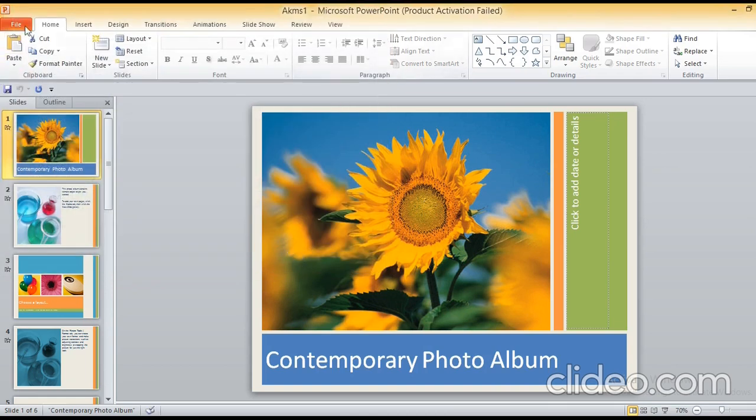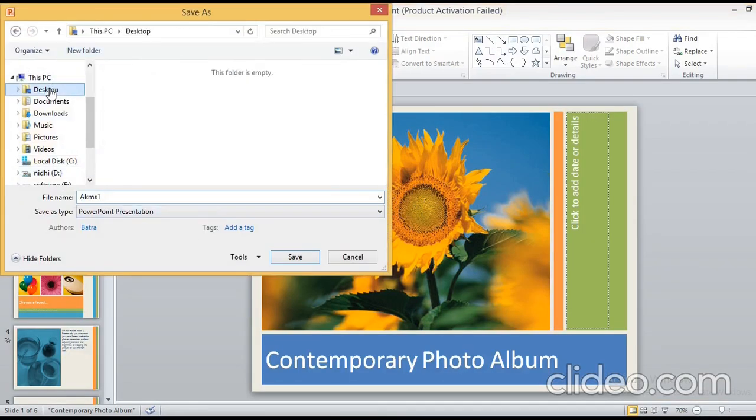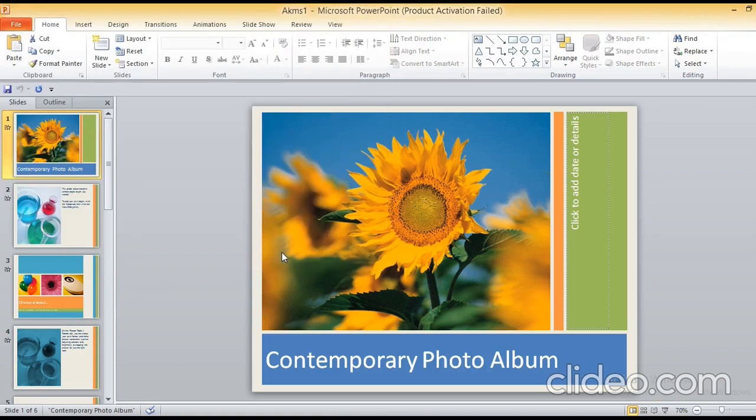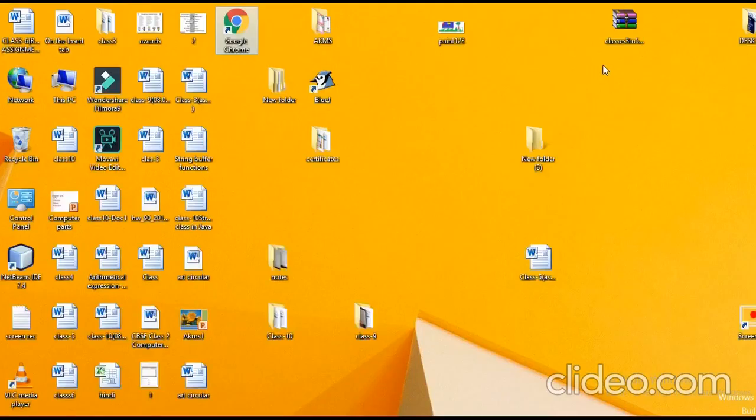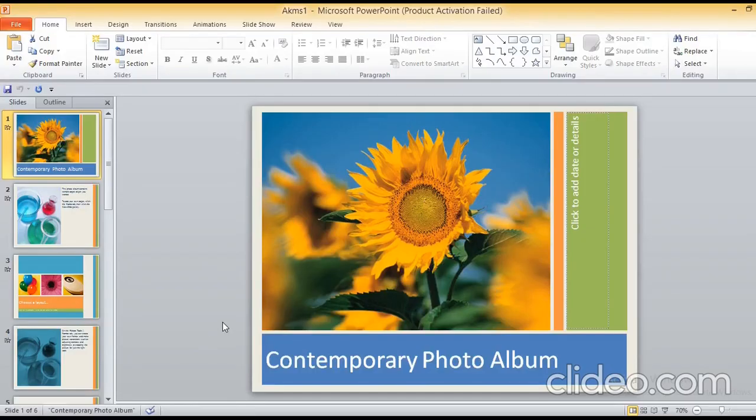Our file gets saved. In Save As, we choose the option again. We save our file on the desktop. Click Save. You can see that the AKMS file is saved on the desktop with the name AKMS1 PPT file. The extension of the PowerPoint file is .pptx and the template file is .potx. Now, next we are going to discuss